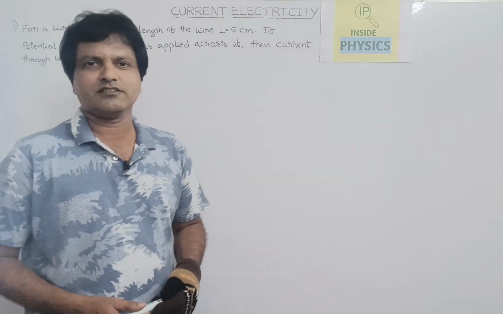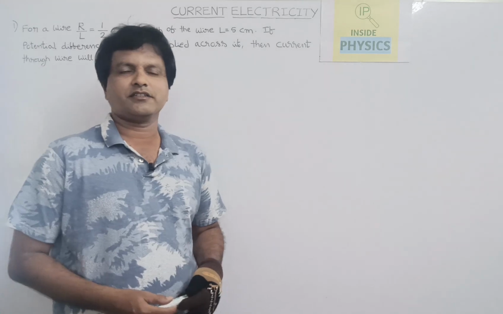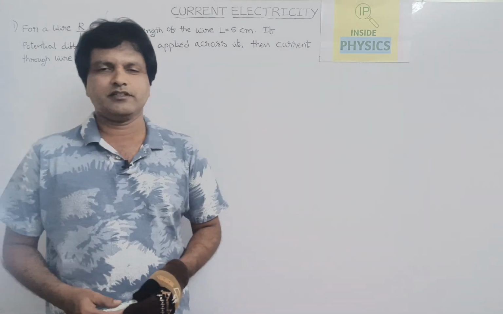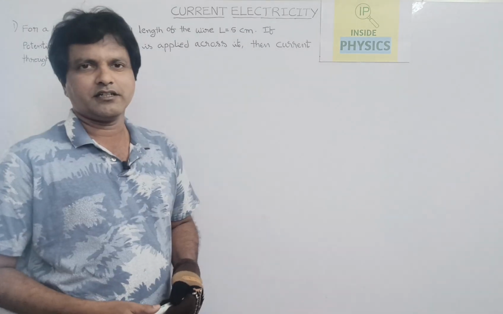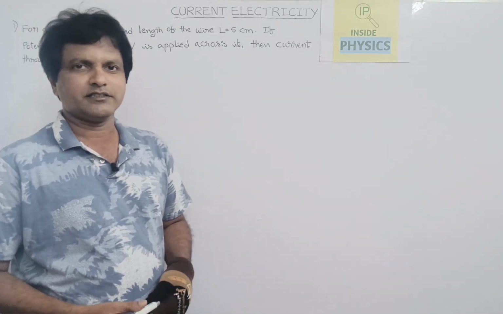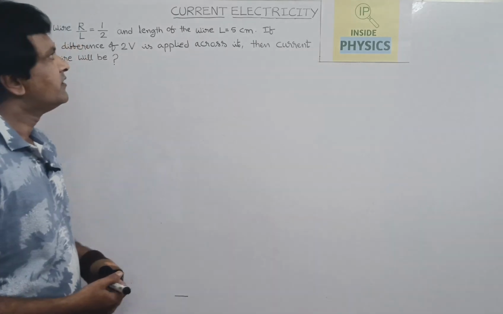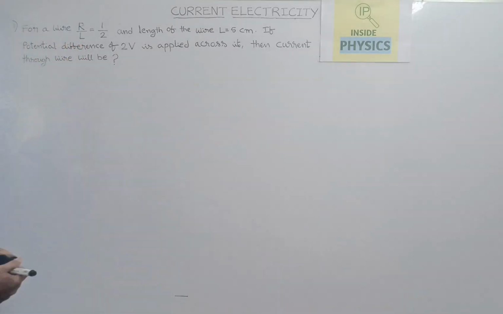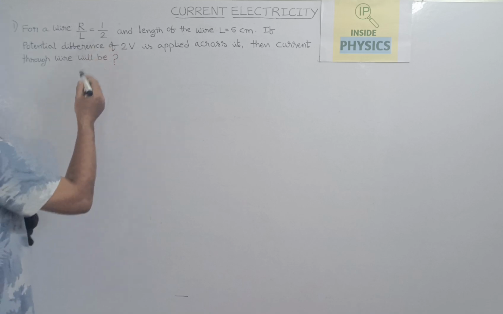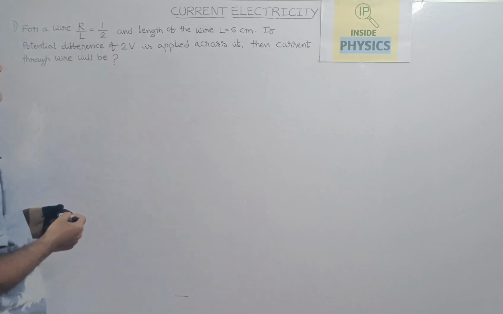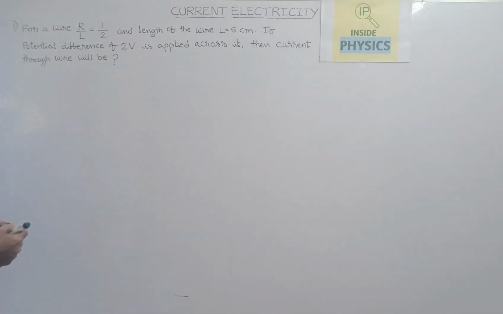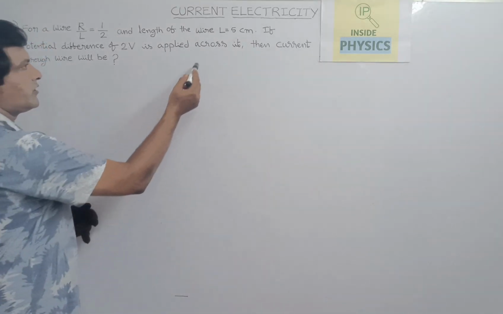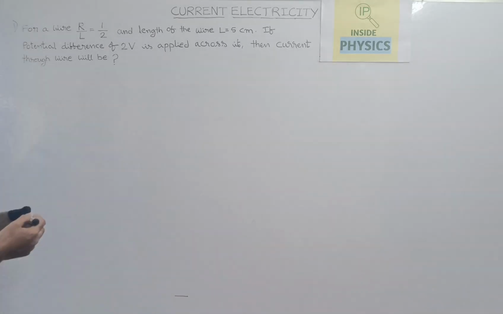Today we will discuss some problems on current electricity which are very important for JEE Mains and Advanced and other competitive engineering entrance examinations. So here we'll see the first problem. For a wire, R by L is equal to 1 by 2 and the length of the wire L is equal to 5 centimeters. If a potential difference of 2 volts is applied across it, then the current through the wire will